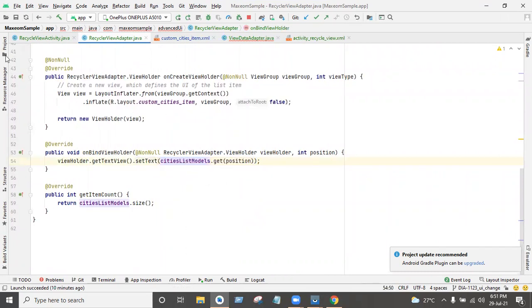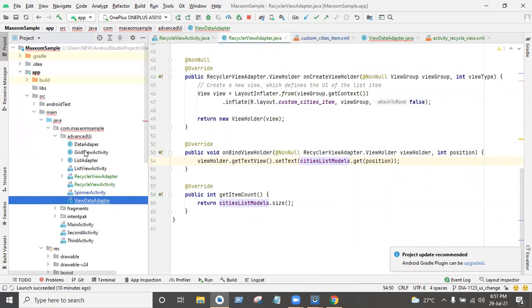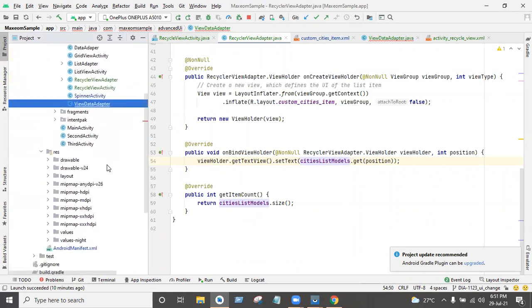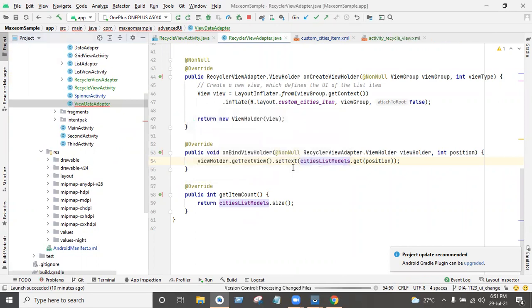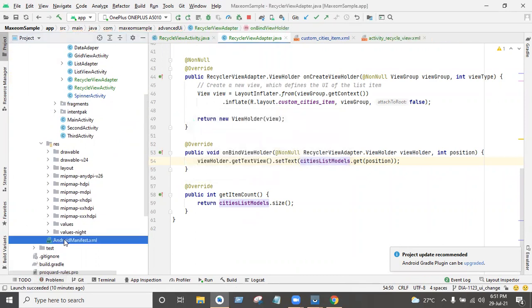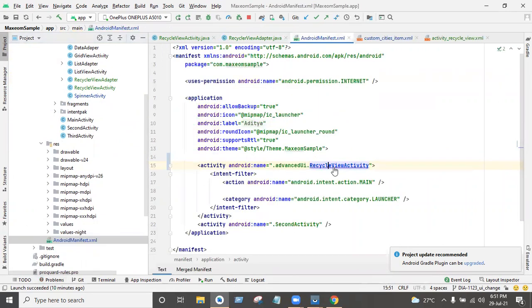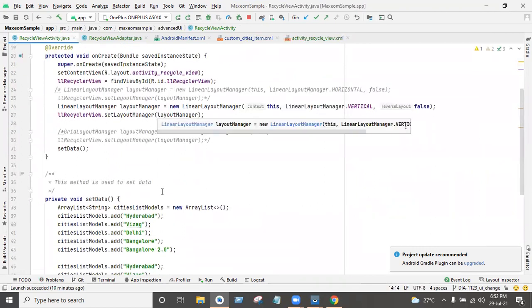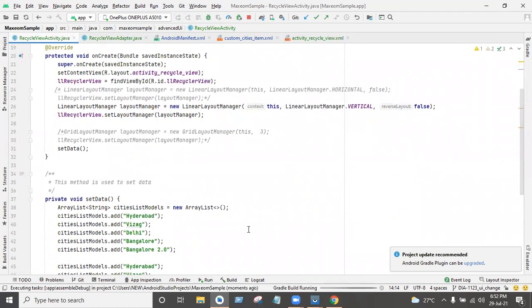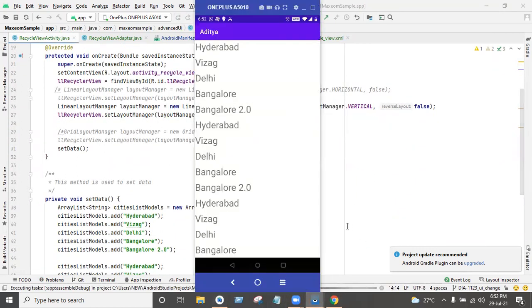Now I want to run my code. Before that, I will remove this and go to your manifest file. Here you need to update your recycler view activity. The same I updated here. Now I am running my code.